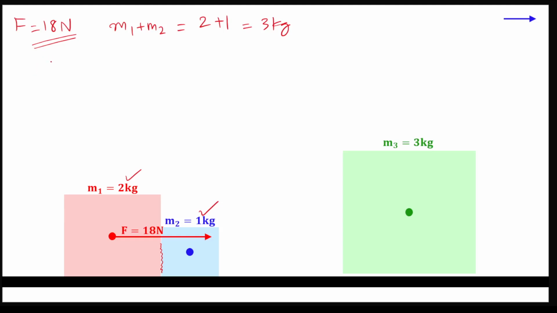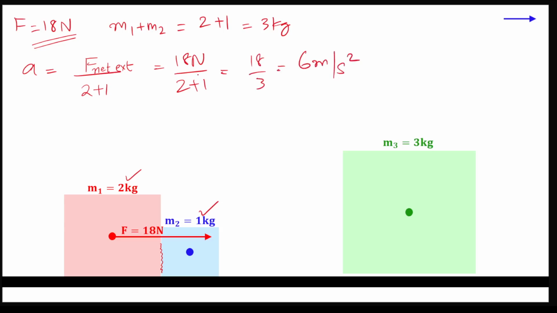If you look at the acceleration of such a system, it's simply going to be the net force divided by the total mass. That's very important: it must be the net external force. And this force of 18 Newton is the external force that is acting from outside. I have shown it here on the center of mass because all forces behave as if they are acting on the center of mass. So it is technically a net external force, and the total mass being 2 plus 1, therefore you have 18 Newton divided by 2 plus 1, equal to 18 by 3, equals 6